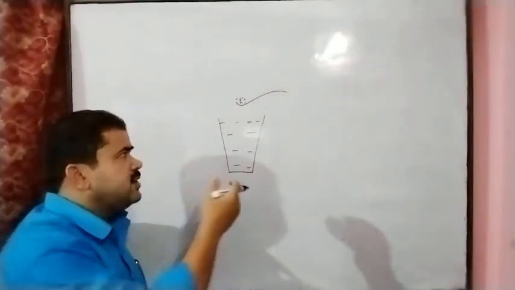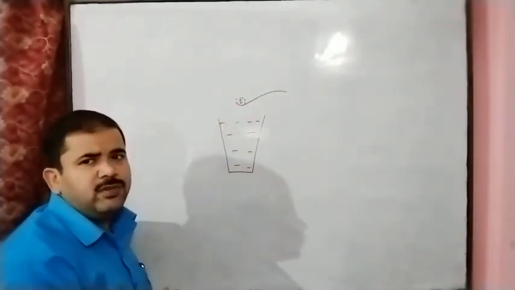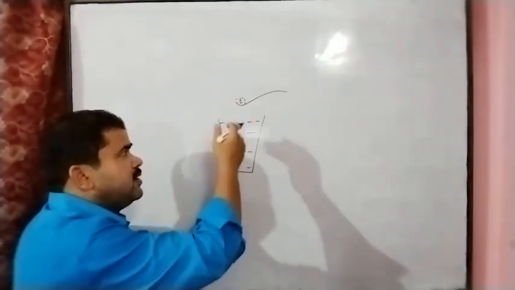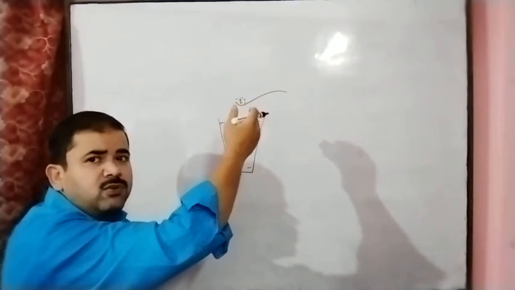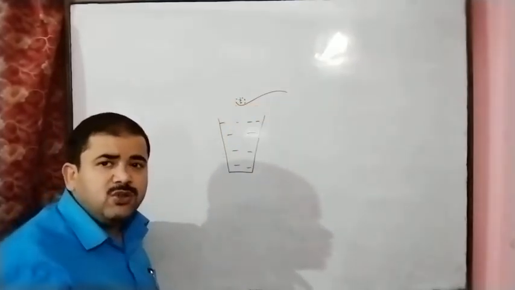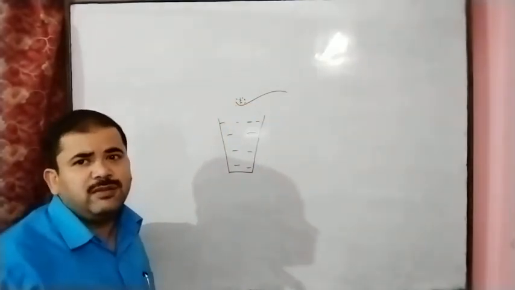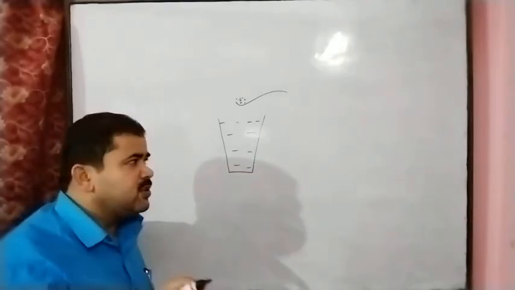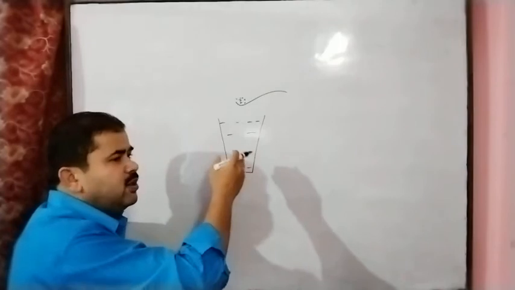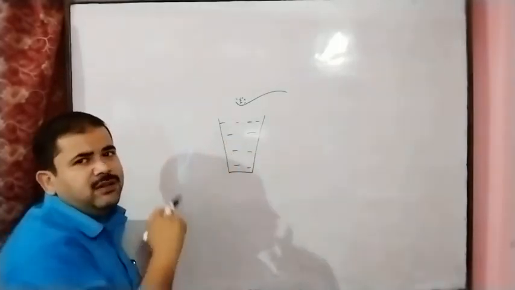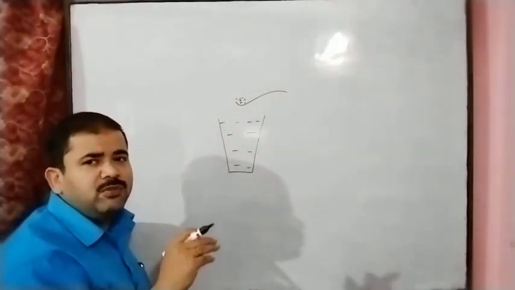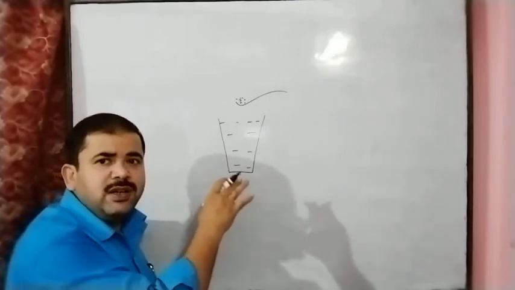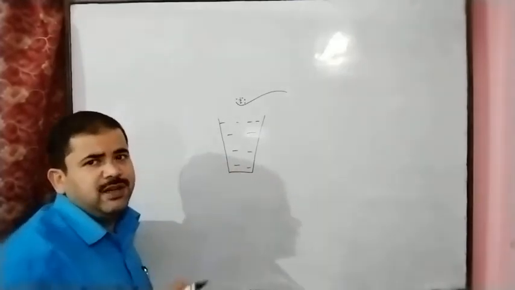So here we can see no definite proportion, and we can also mix 5 spoonfuls of sugar in 1 tank of water. Here also we will say sugar solution. Means there is no definite proportion of the components present in the mixture, no definite proportion of the constituents present in the particular mixture.